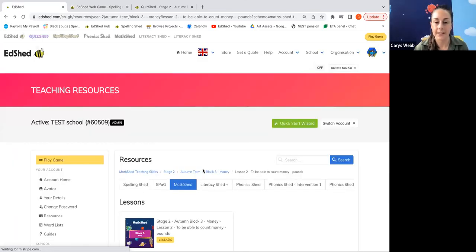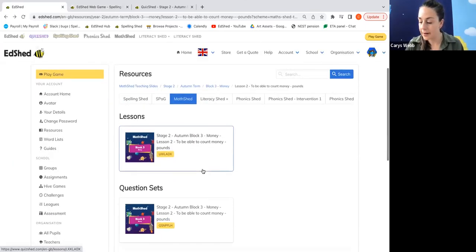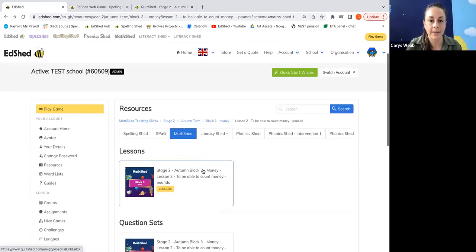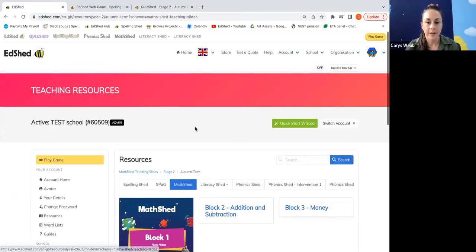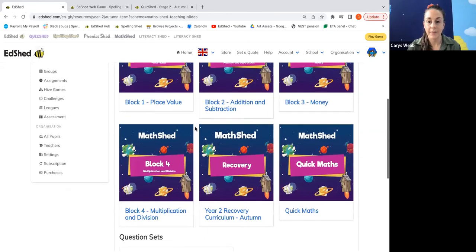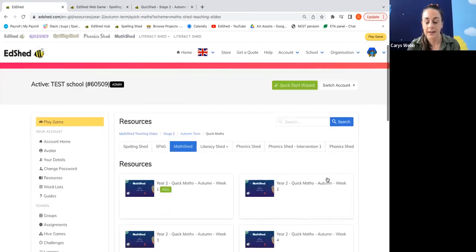Now I'll come back to the lessons in a moment. We also have our quick maths slides, which are also really useful. And we have these from year 1 to year 6, and we have these for every single week for the school year. And they are teaching slides with